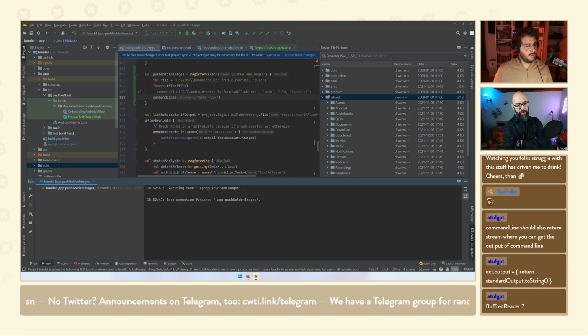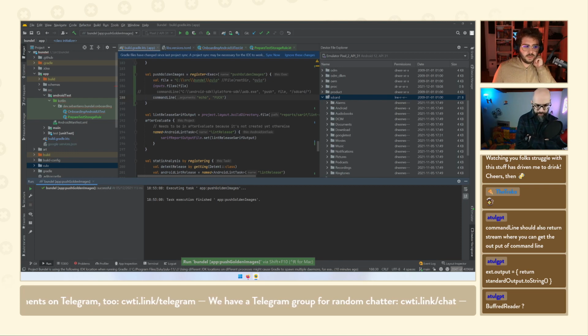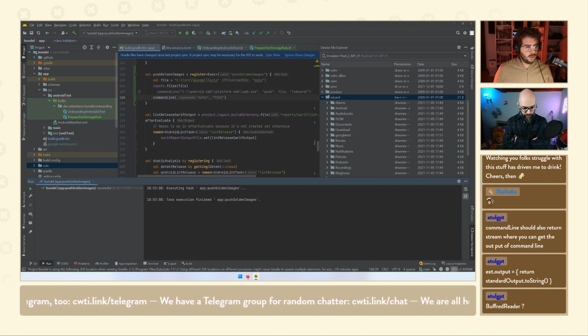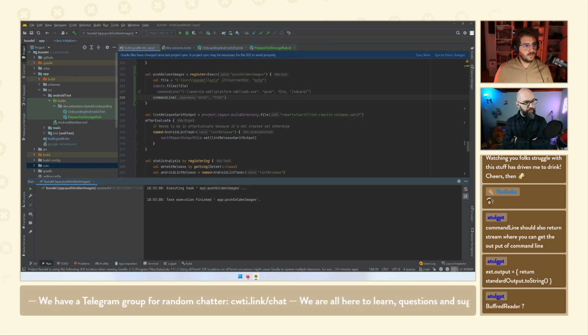I don't know if you need to do echo and then another command, because it's a list. Let's try that separated. But nope, doesn't make a difference. So this thing is either not running or not printing. That's one of the two. So okay, how can we see if it's running on your machine without standard input? Can you